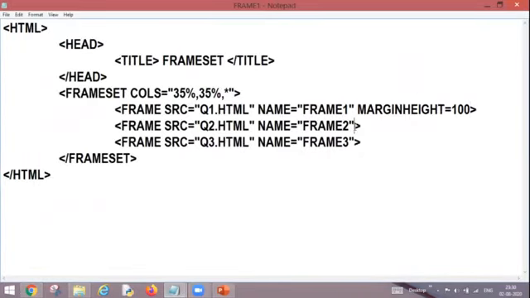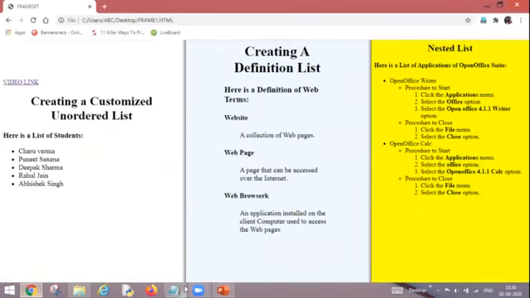Similarly, in my frame 2, I can write margin width. So I can show you. This is my margin width and 100 pixel I'm going to give. So Control S, go back, press F5 key. And as you can see, the content of frame 2 is shifted towards the right-hand side. That means the 100 pixel space is generated from the frame border. So this is how my margin width and margin height attributes work.